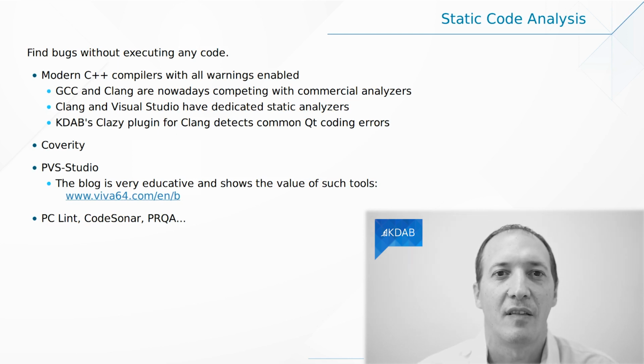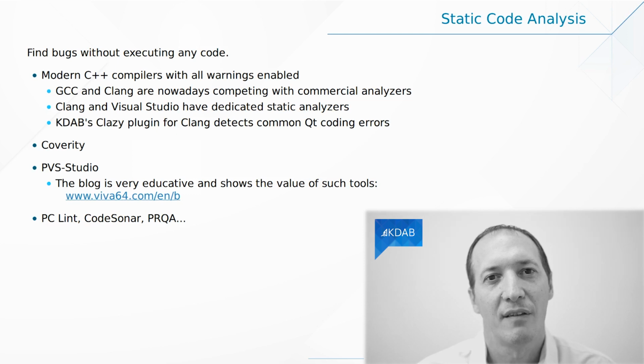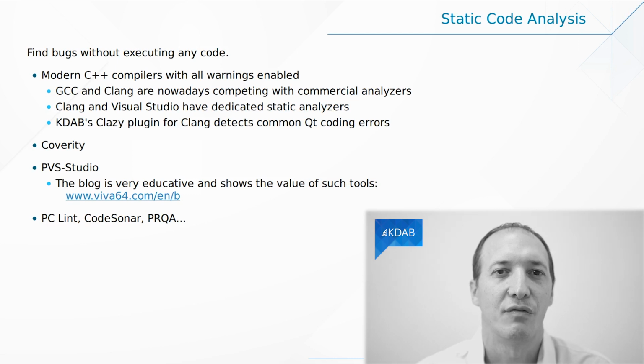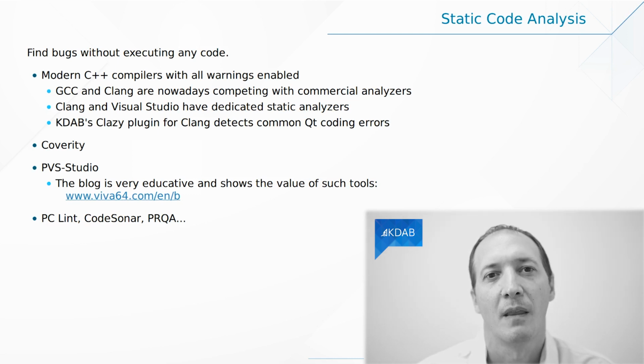Actually, these days, the most well-known tools for this are the compilers themselves. If you enable sufficient amounts of warnings in GCC and Clang or Visual Studio, you will get feedback from your compiler about what you can improve in your code. So my recommendation would be to enable as many of those warnings as you can to then detect as many problems as possible. And also use more compilers than just one. If you can use 2 or 3, that's better, because you will get different feedback from the compilers. Then there are some additional tools that you can use.